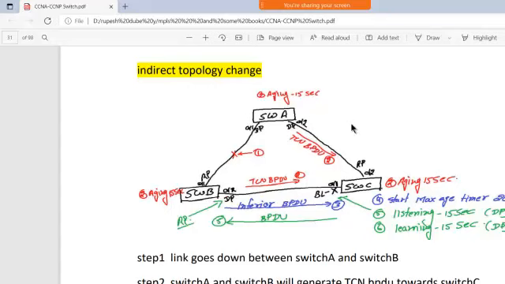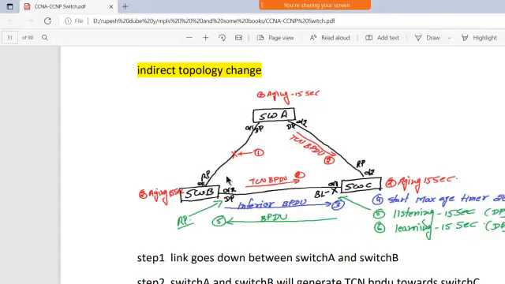Switch C will wait for the 20 seconds because it gets confused about who is the root bridge, since it finds that it is getting BPDU messages coming from both sides, from switch A and switch B. Both the switches are going to start electing themselves as the root bridge, right?